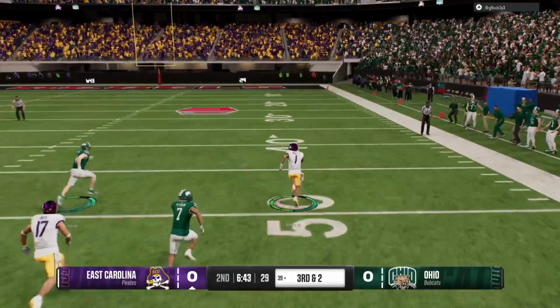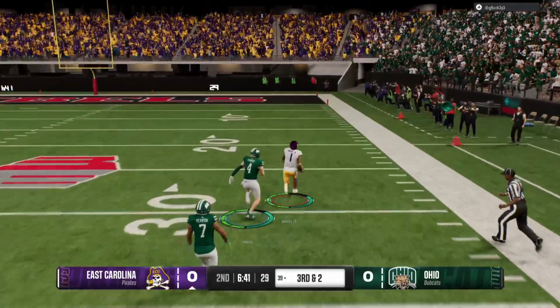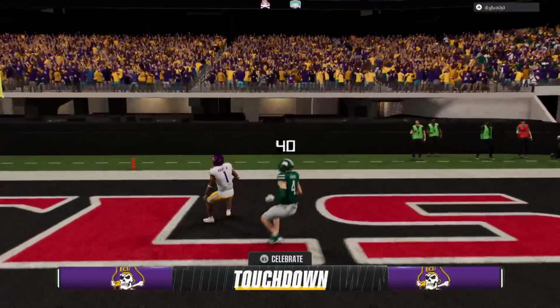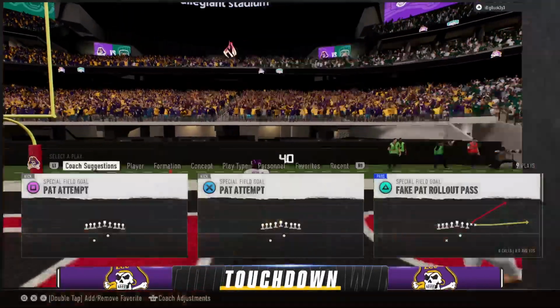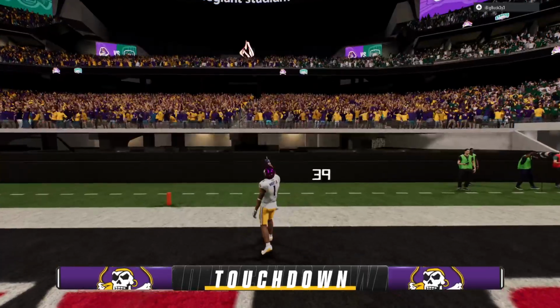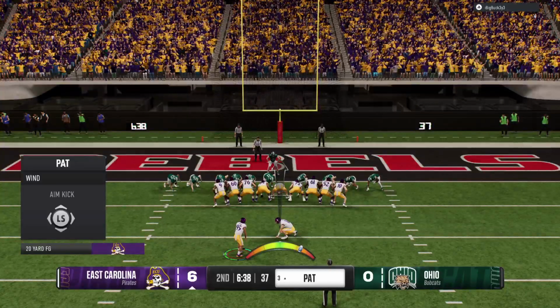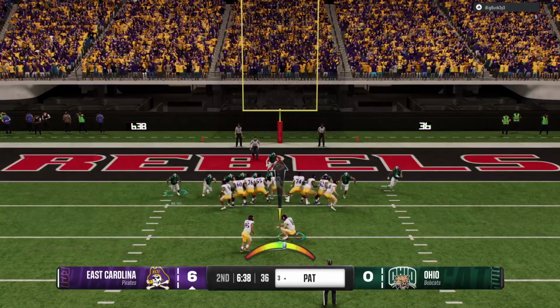Off the RPO, fire right, trying to convert. Off to the races to the right. The 10. And he'll take it all the way. They couldn't bring him down. Touchdown, East Carolina. One of the reasons this offense is so exciting to watch, they've got guys that are dangerous